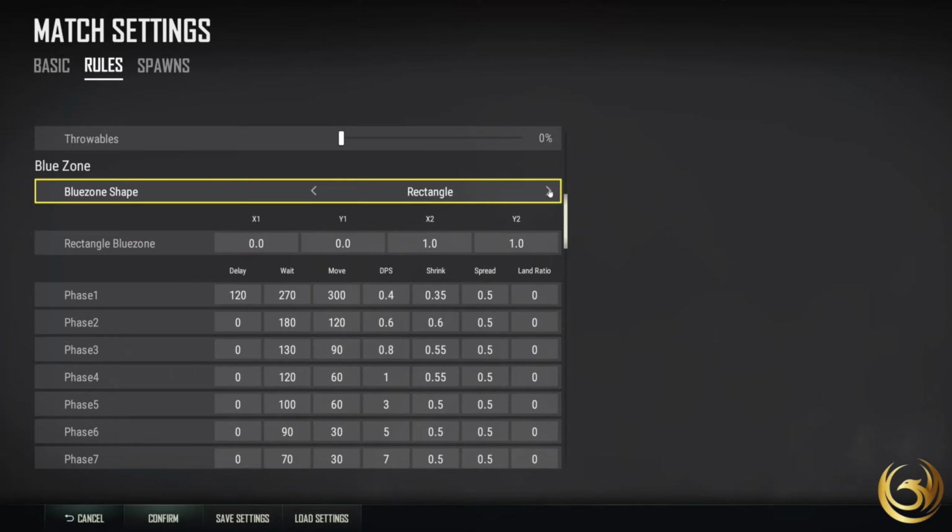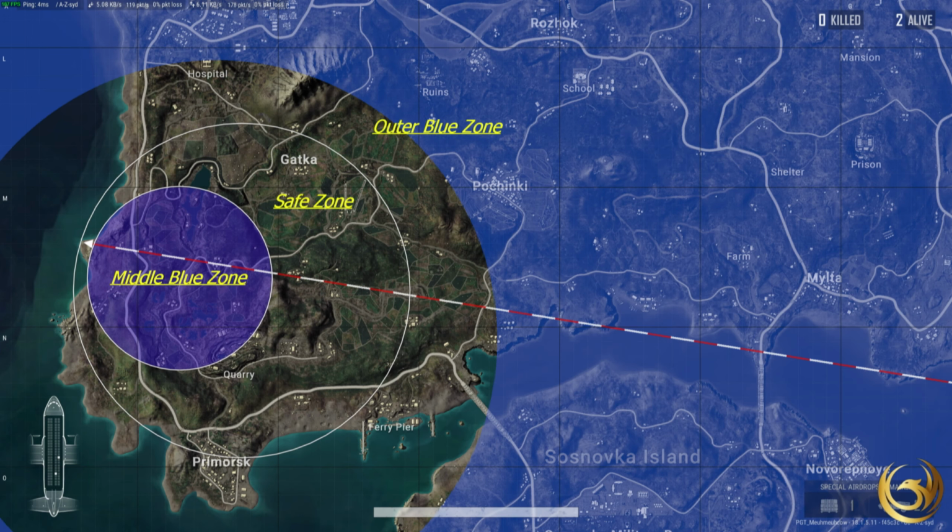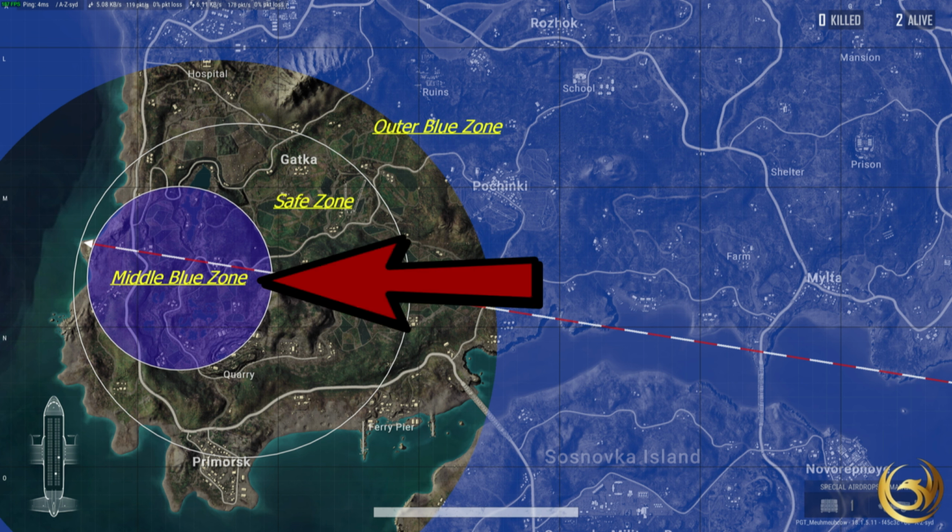Now let's go back to circle. In a blue zone, activation essentially creates a donut circle. Let's have a look at that now. As you can see here, it has an outer blue zone, a safe zone, followed by an inner blue zone